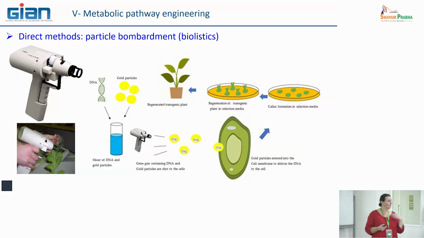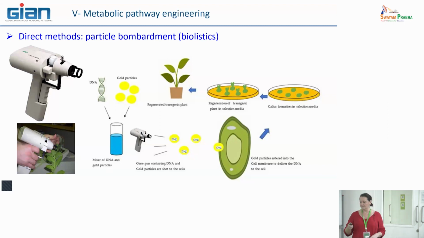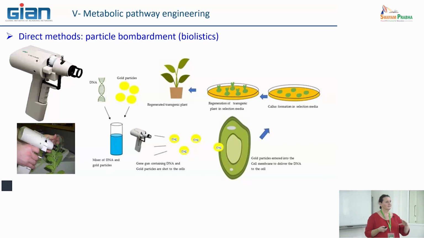For example, all the metabolic pathway of Catharanthus roseus leading to vincristine and vinblastine have been studied this way. All the enzymes have been expressed in Catharanthus cells, because we have some cell culture of Catharanthus in the lab. And for each enzyme, we know exactly where they operate in the cells. So by this way, we have rebuilt completely the pathway.